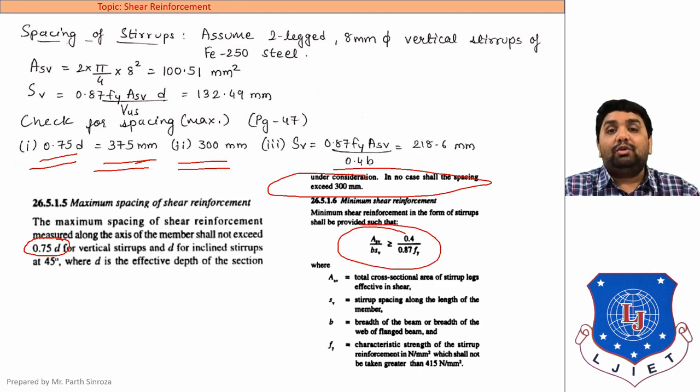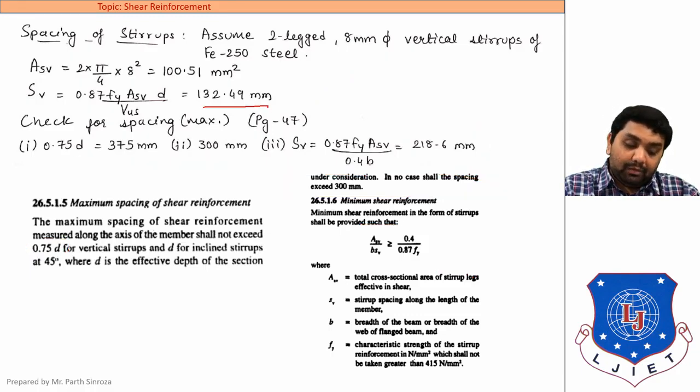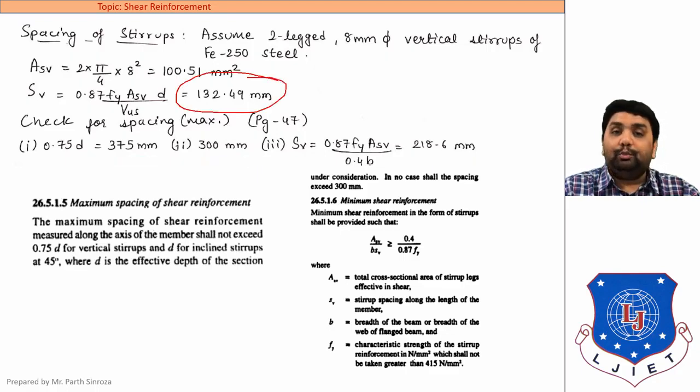and the third case can be obtained from the equation for minimum shear reinforcement. So whenever tau v is greater than tau c, we always need to find 4 values of SV. Clear? So this will be our first value from the equation that we get, and this will be our second, third and fourth. So out of these 4 values, we always will be providing the smaller one as our final answer. While solving the fourth case, the answer comes out to be 218.6 mm. So out of these 4, that is 132, 375, 300 and 218, the smallest value is 132.49. So our final answer will be 132.49.